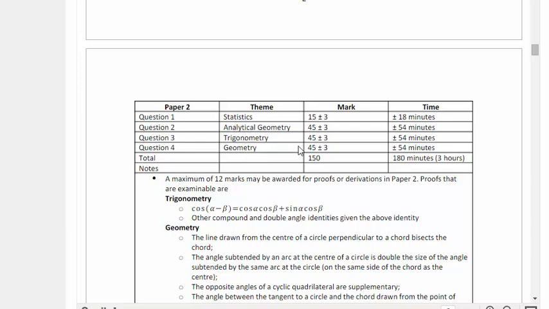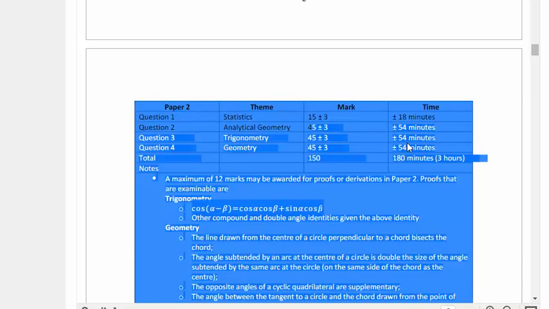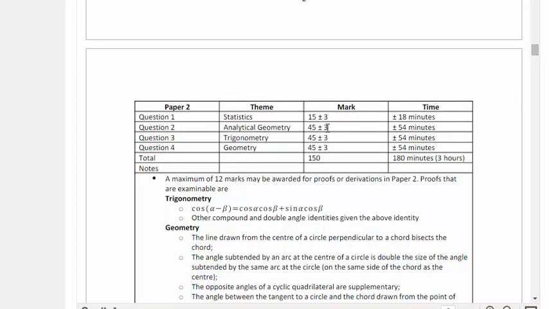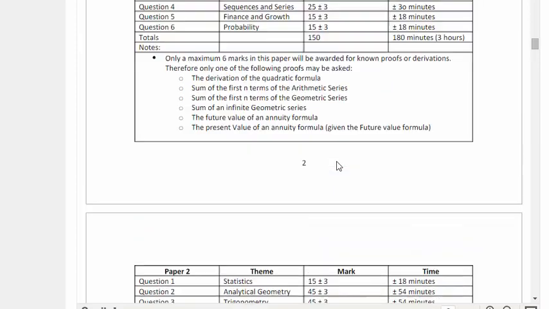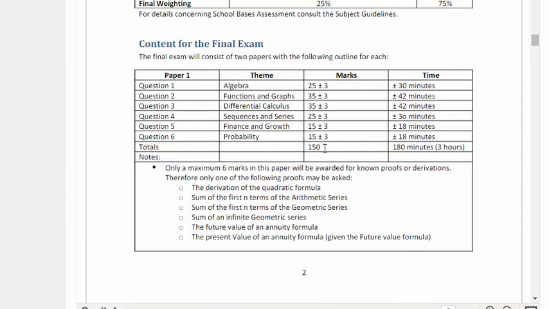And notice that geometry, trigonometry, and analytic geometry span so far the biggest part of your grade. They count 45 marks each, out of 300 really, because your paper 2 is 150 and paper 1 is 150. Together they count for a mark out of 300, which divided by 3 becomes your percentage. Make sense?